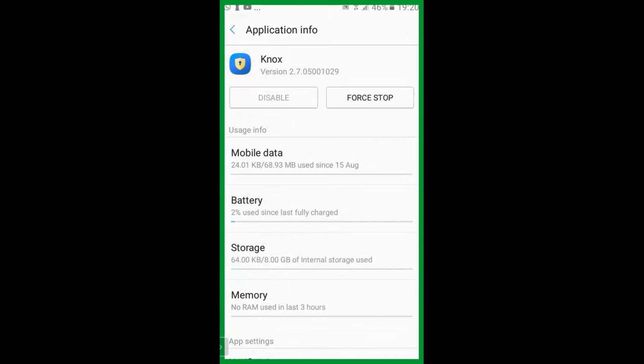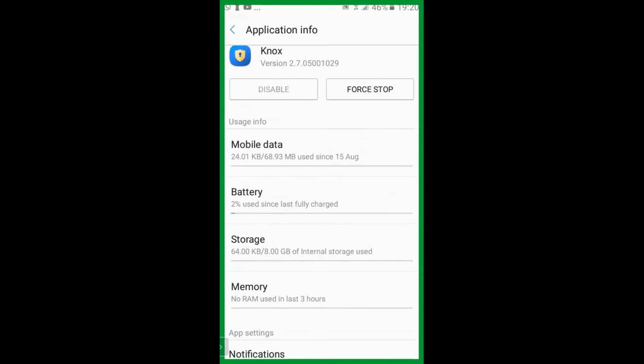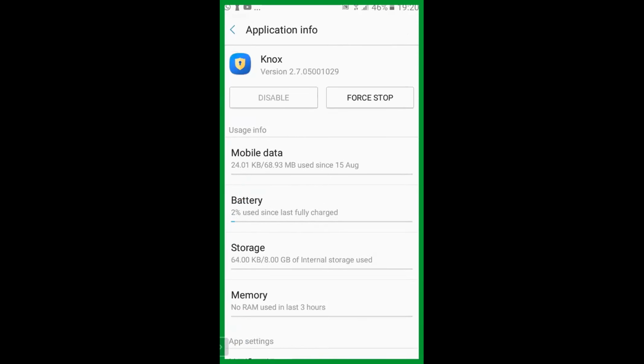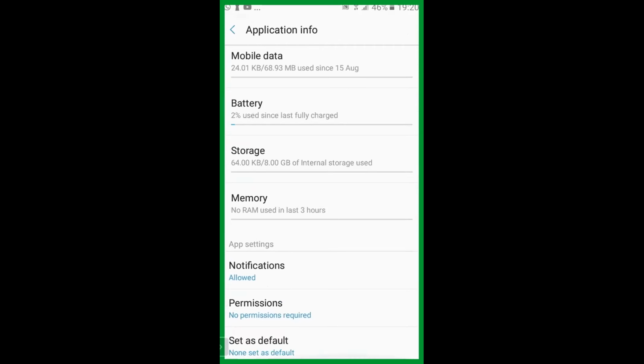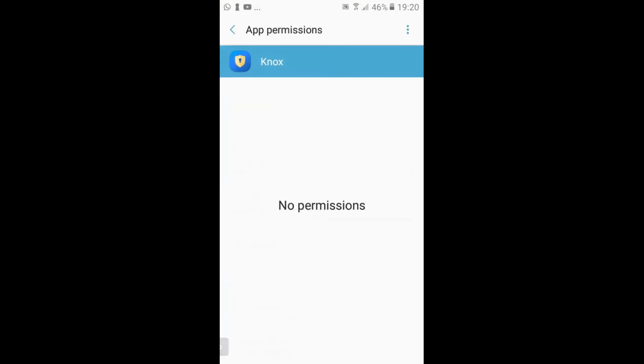Right, can you see its mobile data, memory, app settings? Can you go to that app settings? App settings and permissions. Right, can you see no permissions required? Right, no permission required. There are some applications like this.